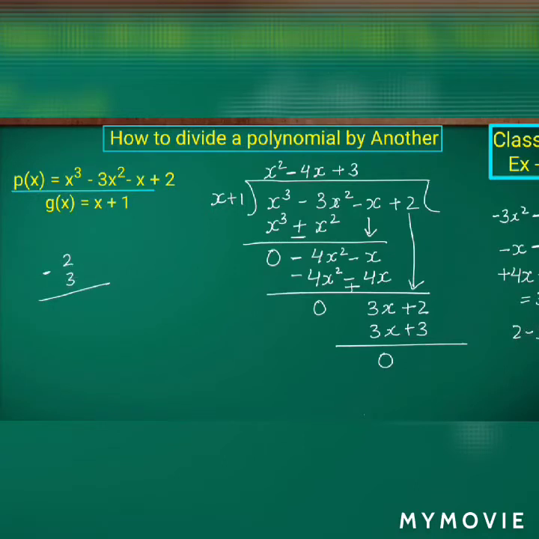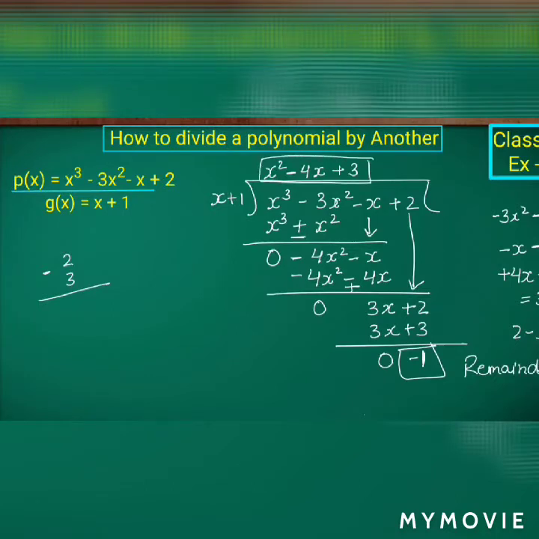Since it is subtraction, we have to change the sign. So we got the remainder minus 1. So this is the problem regarding the long division method. If they mention the long division method, we have to go like this for finding the factors of any given polynomials. Here they will be given two polynomials, and we find the factors of the given polynomials.